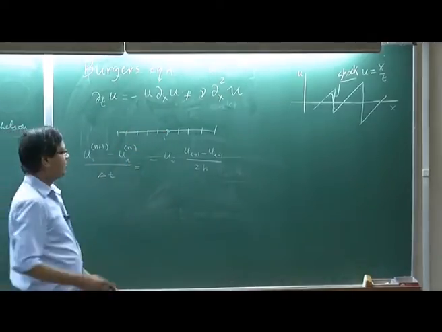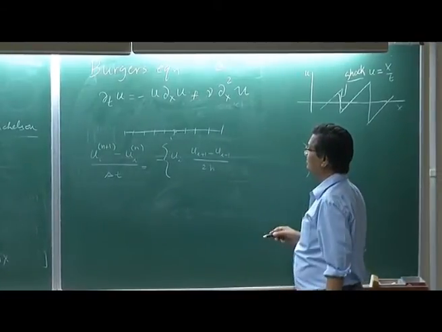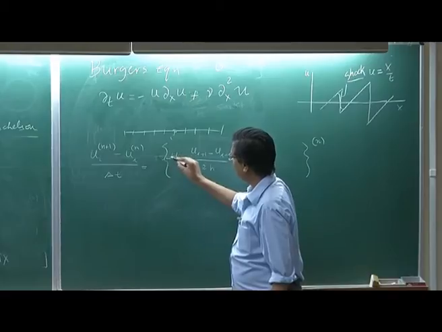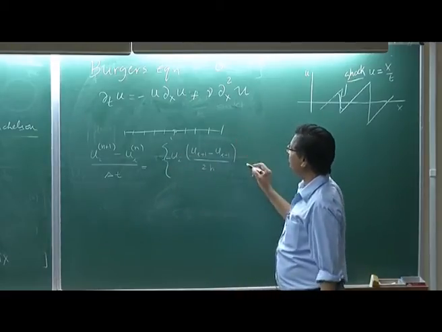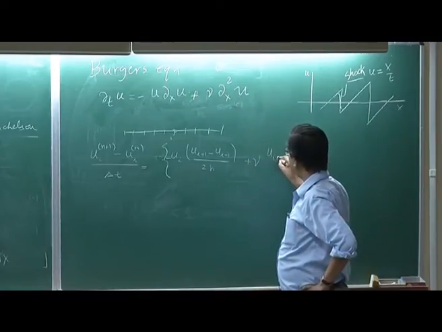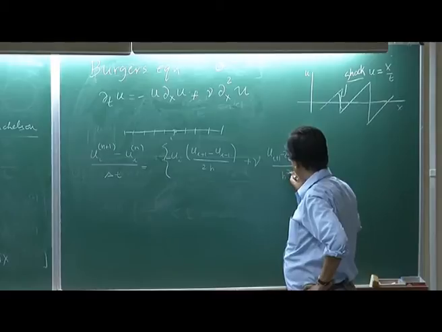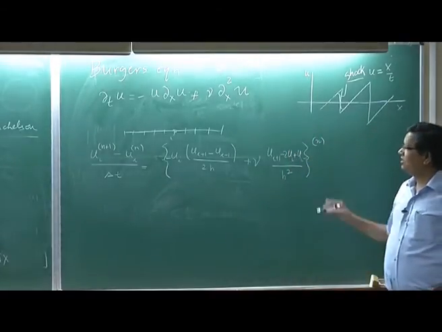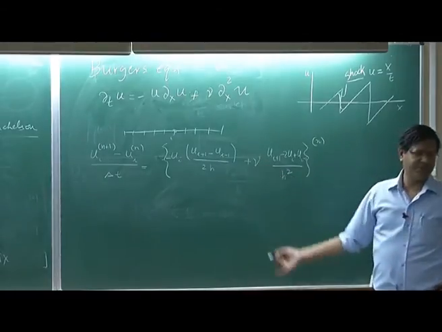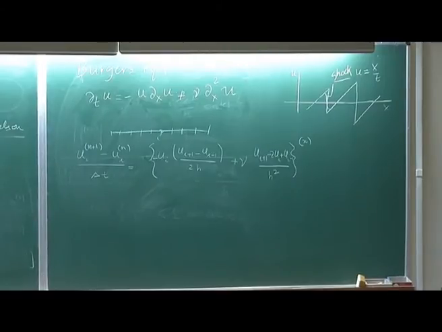All these are computed at n. I am going to put a bracket at time t. And this is computed by the central difference scheme: u i plus 1 minus 2 u i plus u i minus 1 by h squared. So, compute this at n and then you can time step. Implementation is easy, but you need to be careful. What should be your delta t and delta x? We learned all that, so now we have to put all your knowledge into this. What should be your delta t?